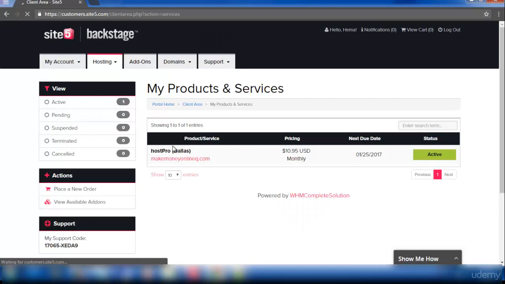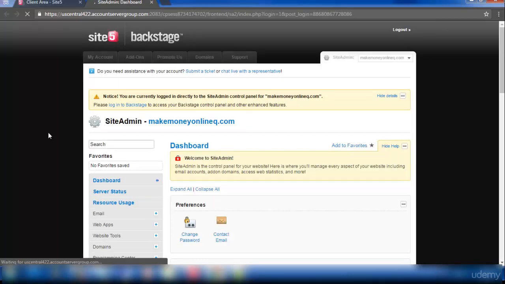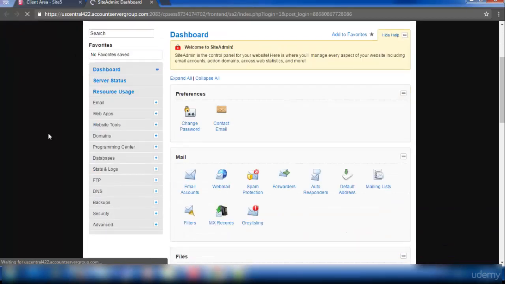Here you can see an option called active. Click on it. Next we need to log into cPanel. So I'm logging into my cPanel on Site5 hosting. This is the cPanel. Have a look at it, and if you are using HostGator, you will get a cPanel